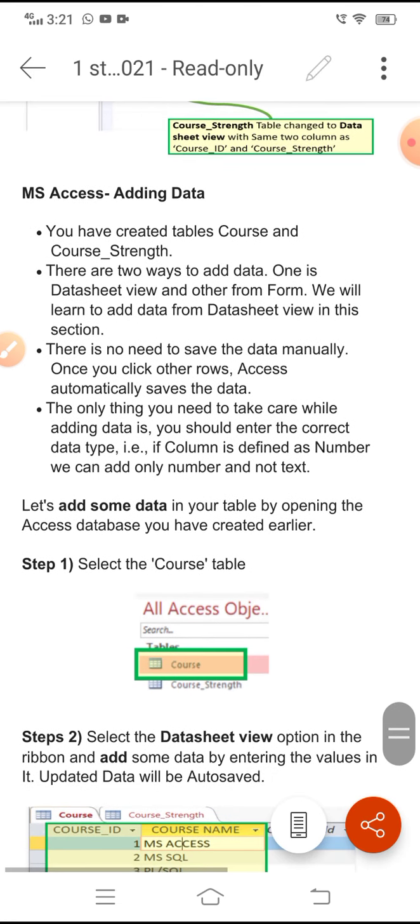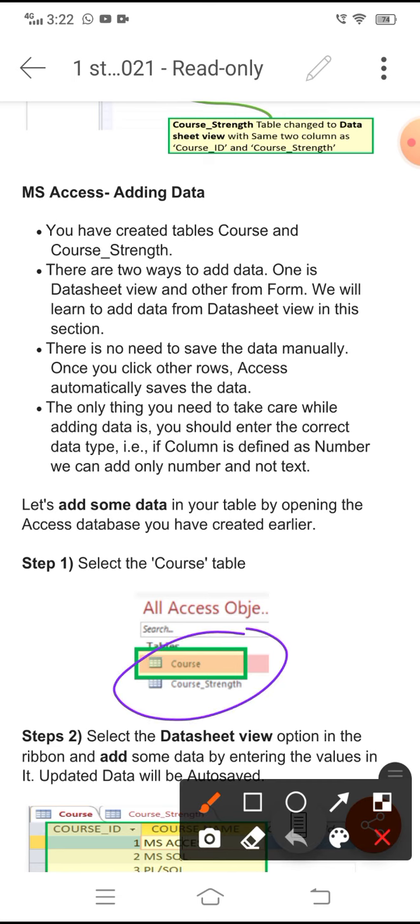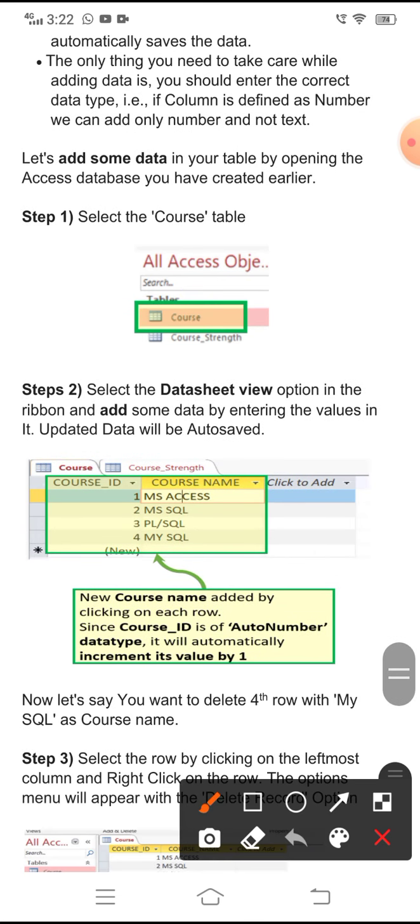And you can add tables like this. Just now you saw I have created one course table. Similarly you can create more than one table. In this example they have created two tables, course and course strength. In course we have fields course id and course name.